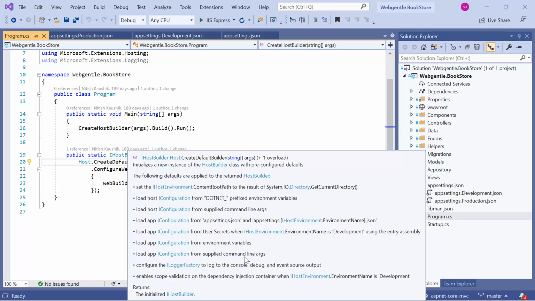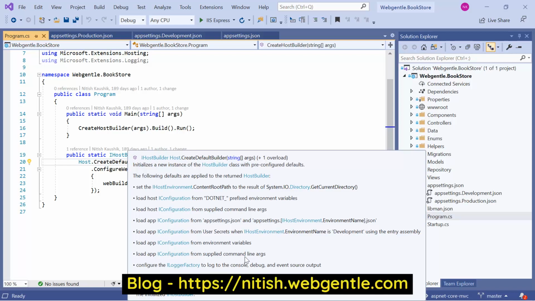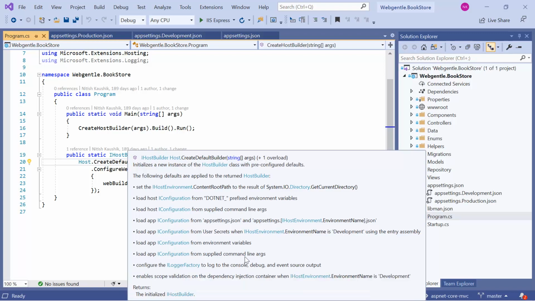Now we are clear with two things at this time. We can define the settings in the appsettings.json file. Second, to read these settings, we need to use the IConfiguration service. Now the question is, how can we use these services in our application? If you have seen the previous videos of this tutorial, where we were talking about dependency injection, those were used to register the services and to use the services. So we will use the same thing in this application as well.